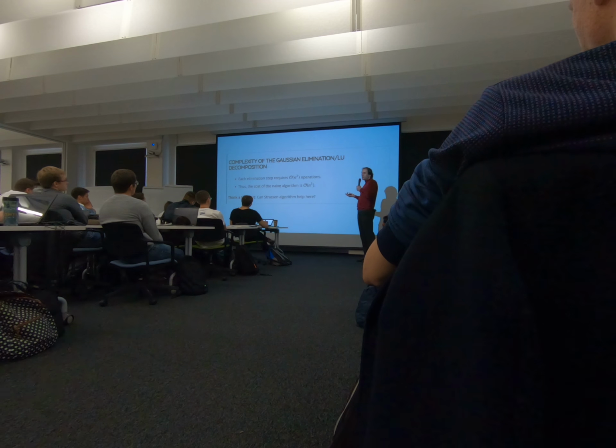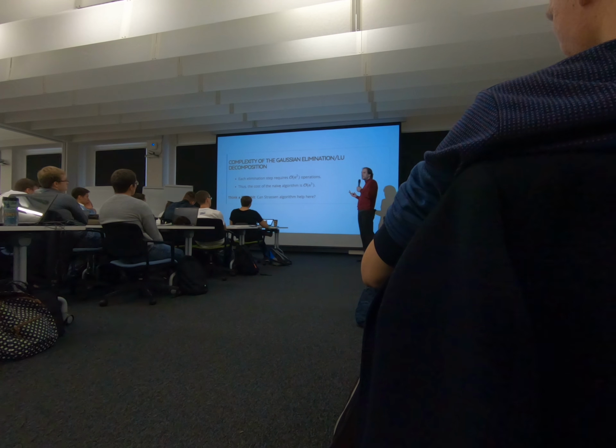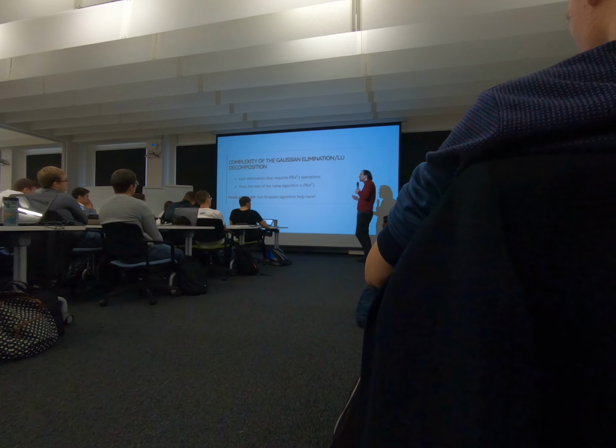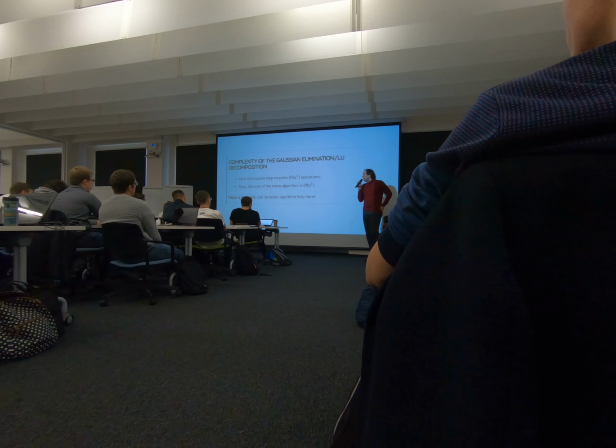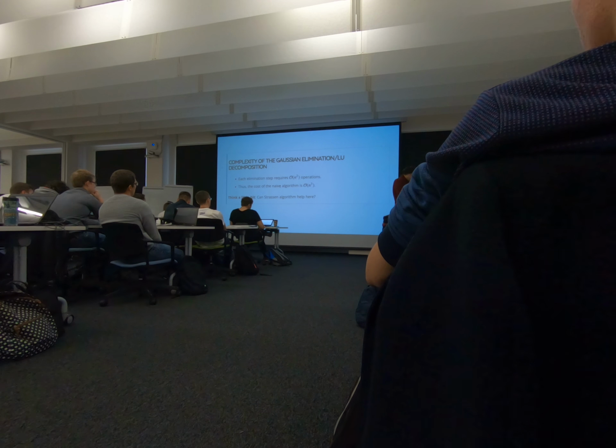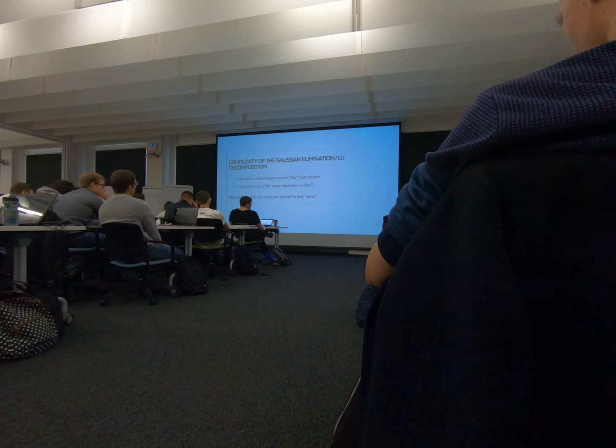Well, they have n square parameters, but we can solve linear systems with such matrices in n squared operations. The Gaussian elimination step costs n cubed, if you use the naive algorithm and just eliminate one variable at a time, so at each step you have to do